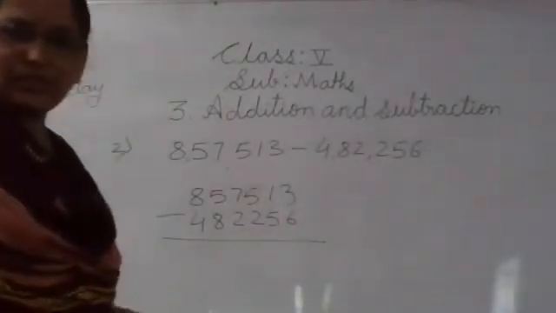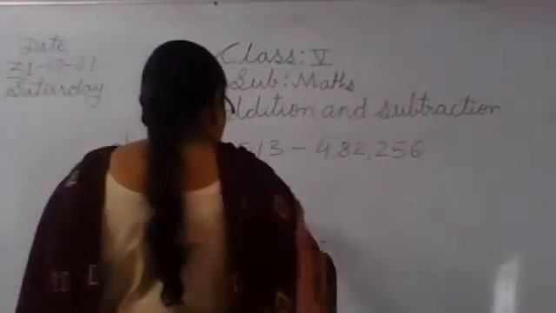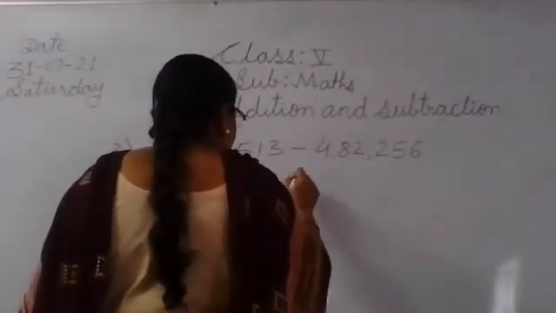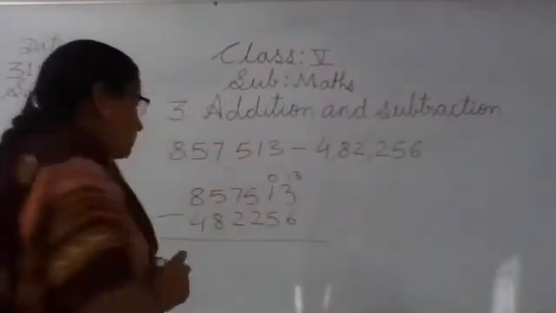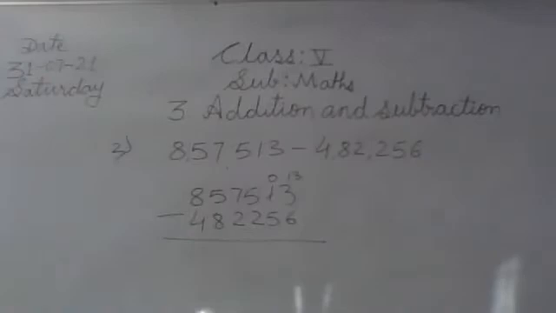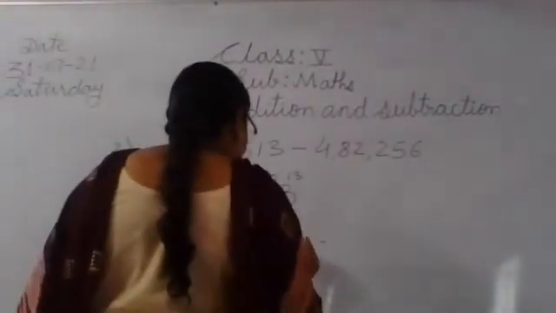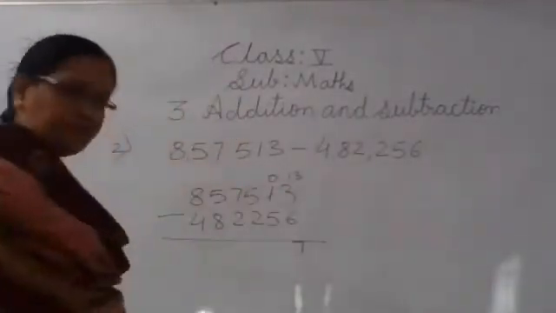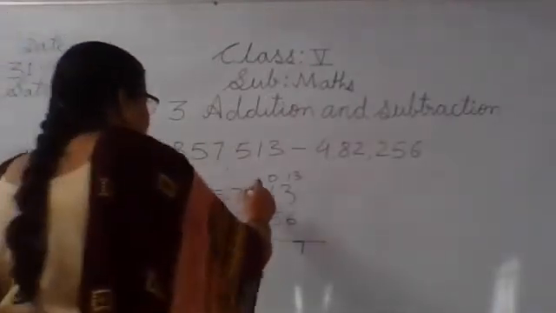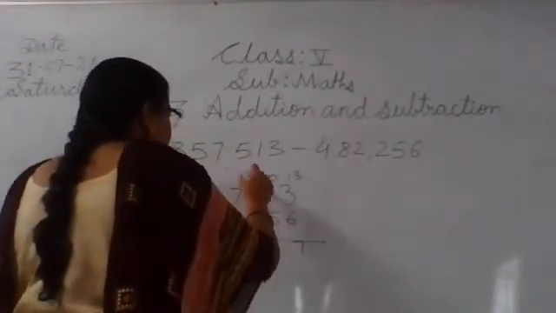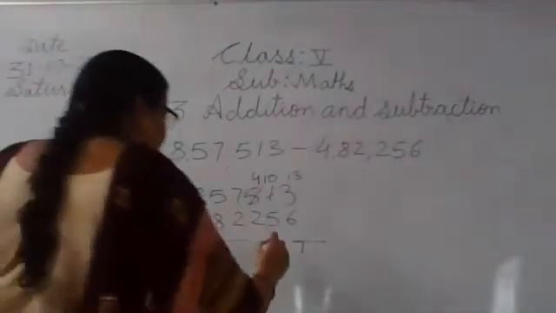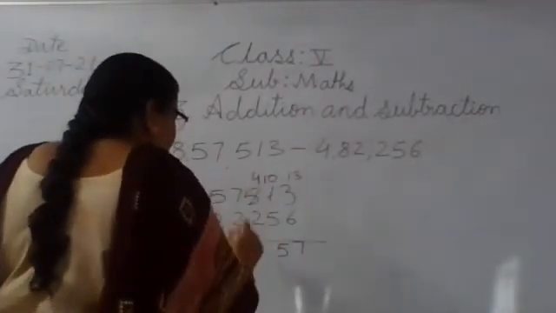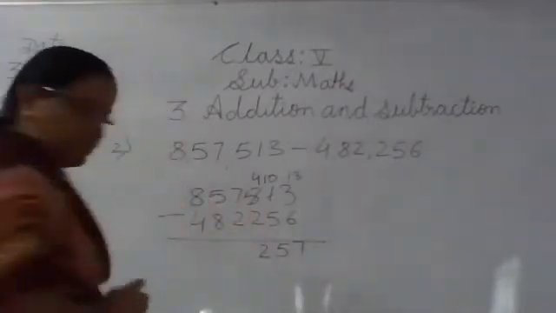Again 3 minus 6, not possible. So we will borrow 1 from this. It becomes 13 and it becomes 0. 13 minus 6, it is 7. 0 minus 5, not possible. So we will borrow 1 from this side. It becomes 4. 10 minus 5, 5. 4 minus 2, 2. 7 minus 2,